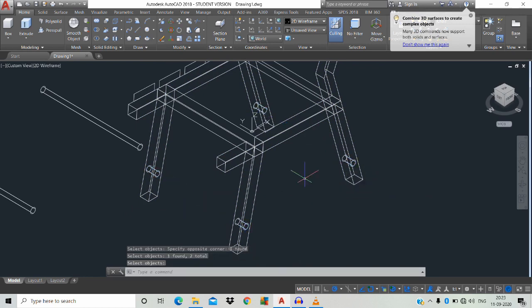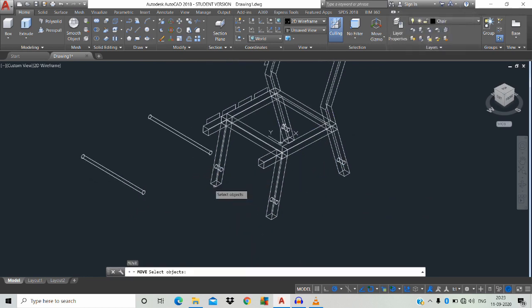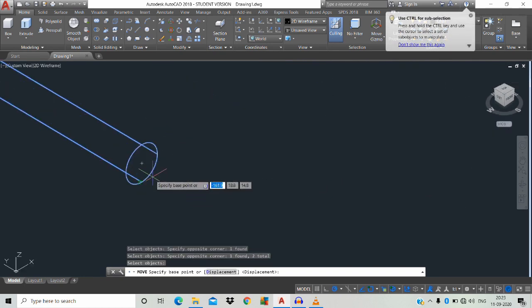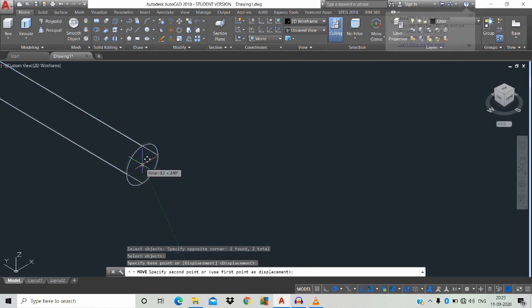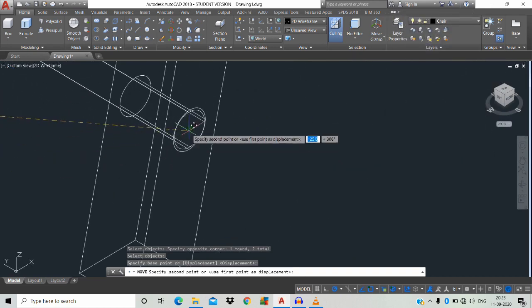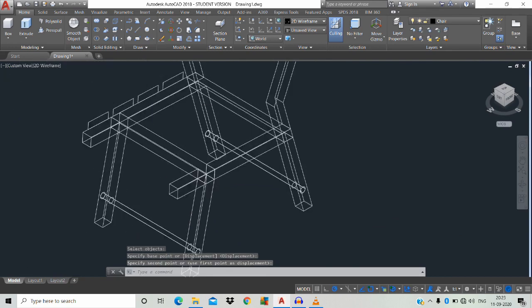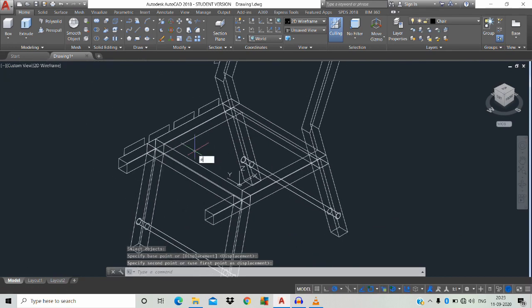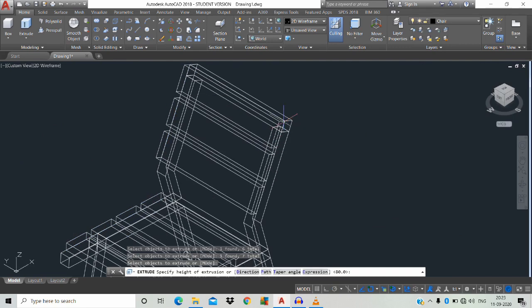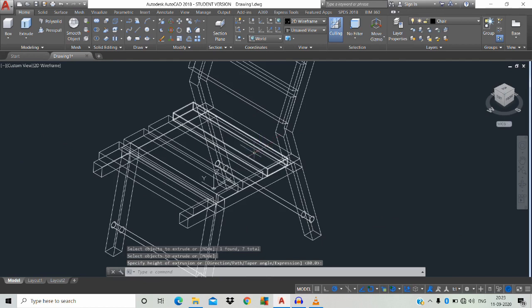Okay, M space, click the object space, if you move towards the circle now we will get our middle point, just click it and place it over here to the middle point. Okay, now we're going to extrude the chair. EXT space, first point, second, third, fourth, fifth, sixth, seventh space up to here. Okay, our chair has been completed.